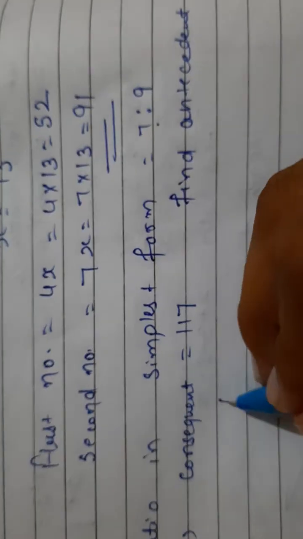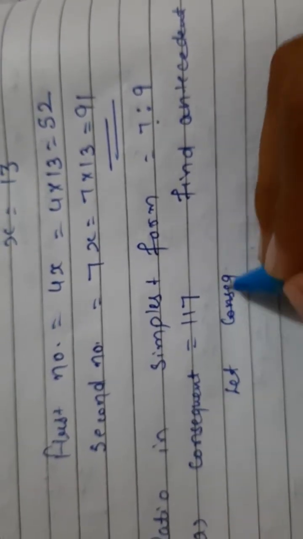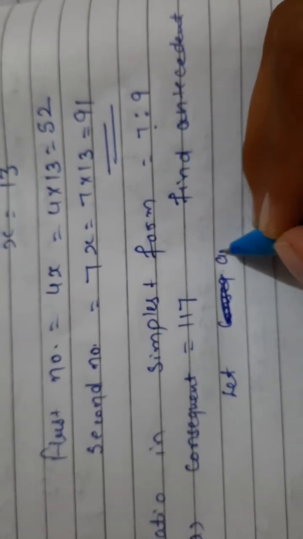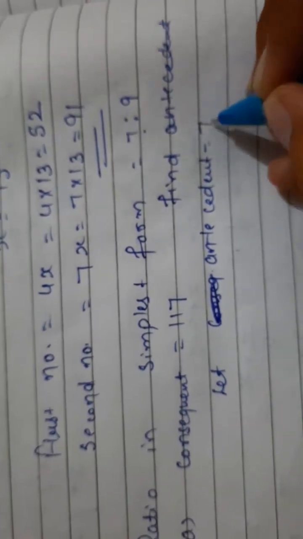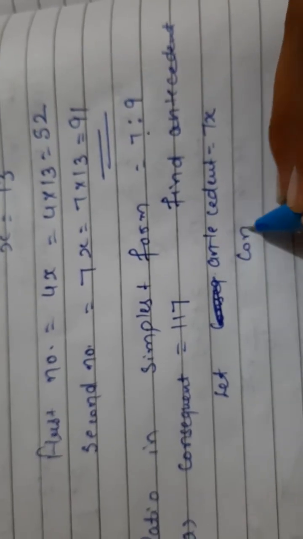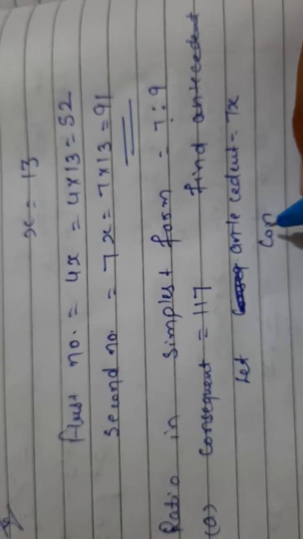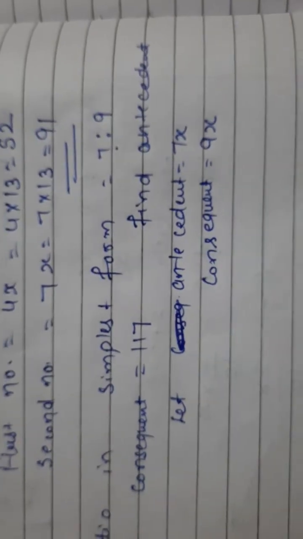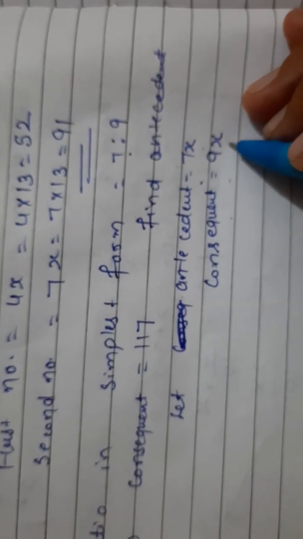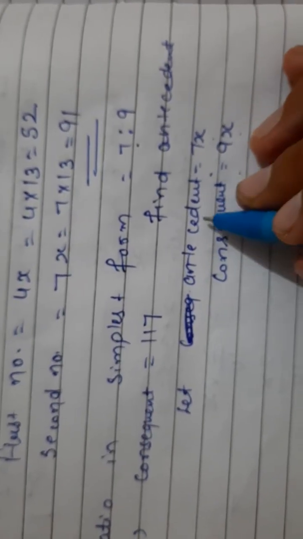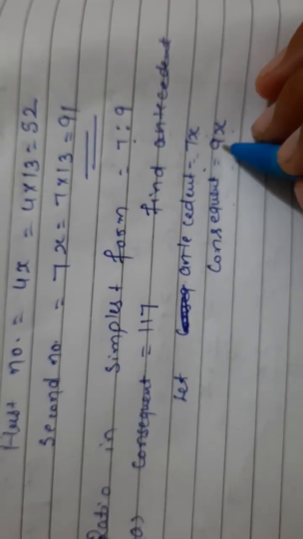We can write, let the antecedent be 7x and the consequent 9x. Okay, when antecedent 7x is given, consequent 9x is given,